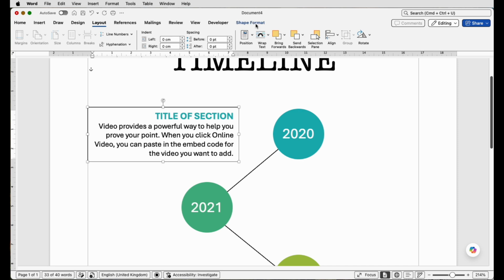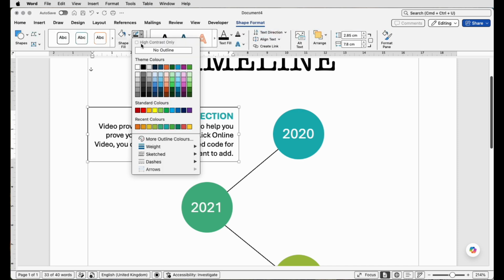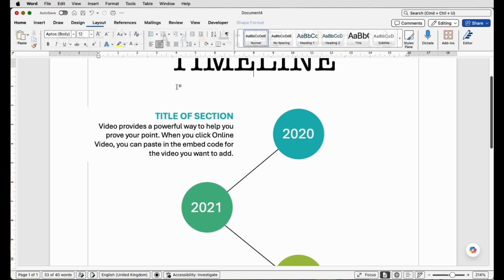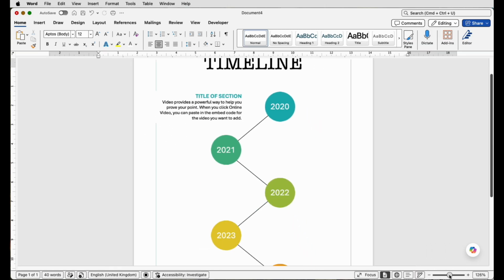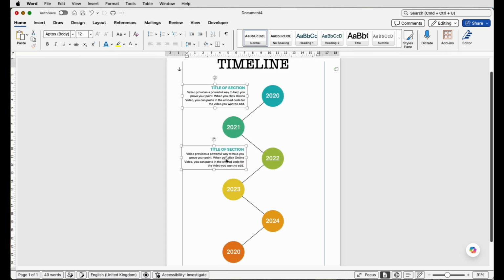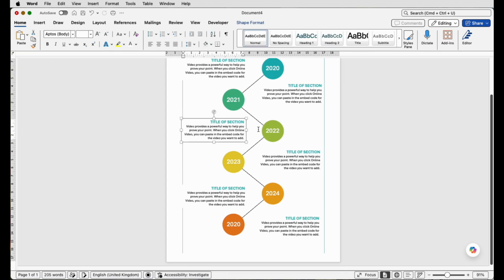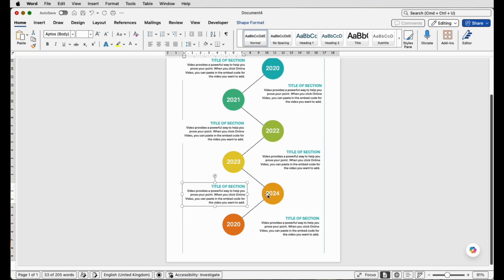Then I'm going to go to shape format, go to the outline, select no outline so that when I deselect you can see there's no black line around the outside. So to make this simpler, I'm going to copy and paste once again. Again, what I'm going to do with this one is use my arrow key to make sure it's roughly lined up with the center of this two here,